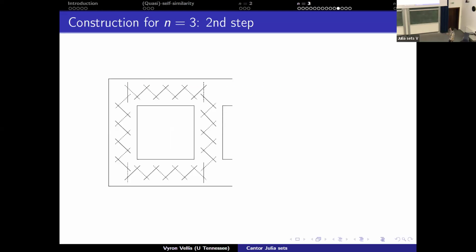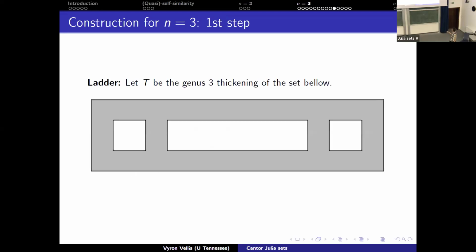And here I'm going to show you just the projection. So think of these ladders. If your ladder lays flat on the floor, you put the smaller ladders vertically. And the dotted one means that you lift the ladder slightly so that it links with the solid one. So this is the top of the ladder as you're looking from above. This one is lifted slightly so that it links with this one, and each one links with the previous one and the next one. Okay, and now this is just a chain of ladders from this part of the ladder, and then there is another chain coming from this part, and these two chains have to link with each other.